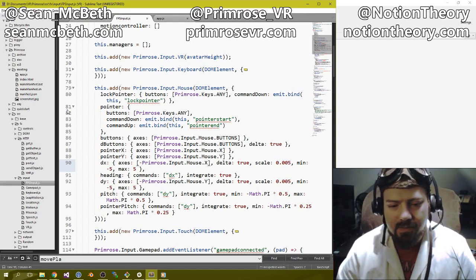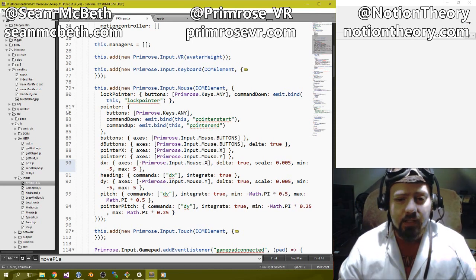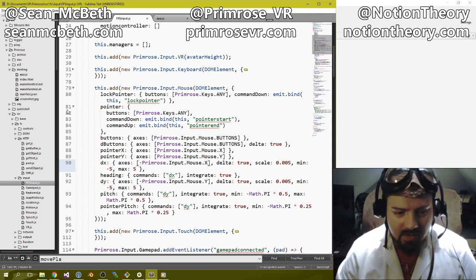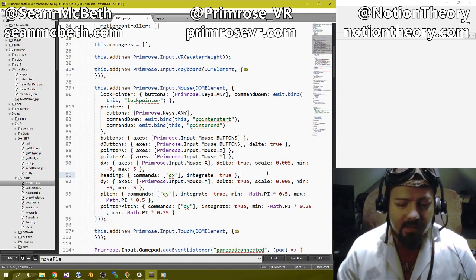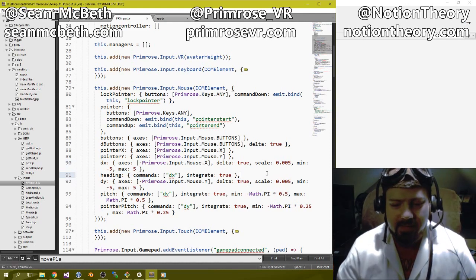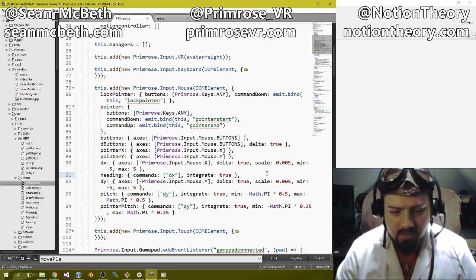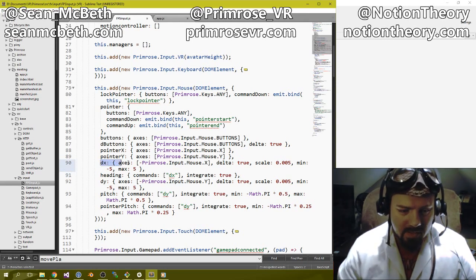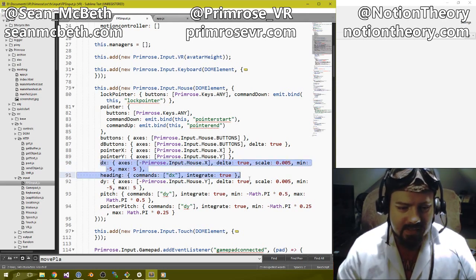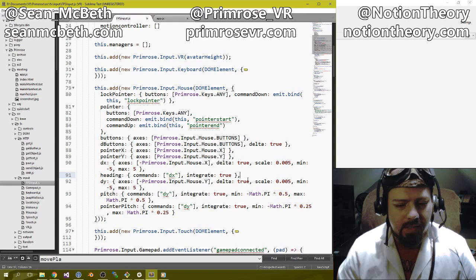It's still going to continue to integrate the position of the mouse. So I only want to know the changes in the mouse movement. And then I integrate those changes, because when the mouse is sitting still, there's no change, and so there's no integration, no accumulation of the value. So that's how mouse movement gets processed into